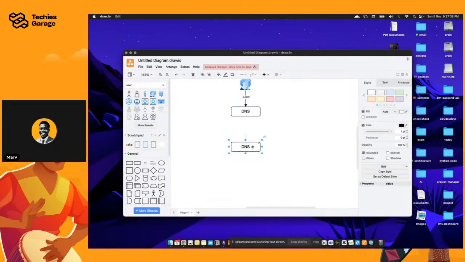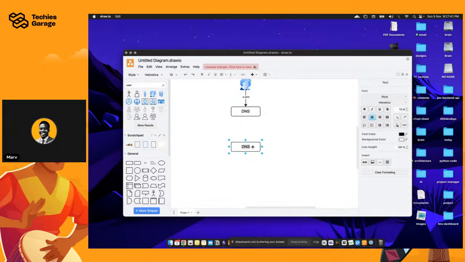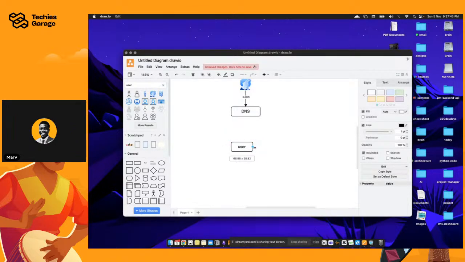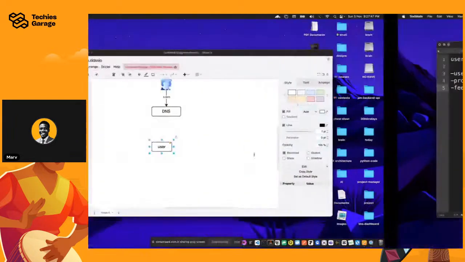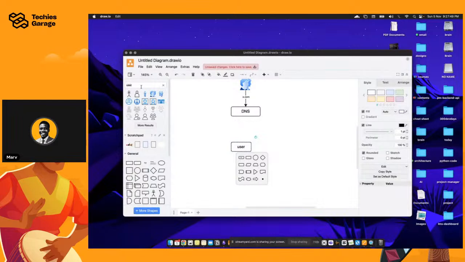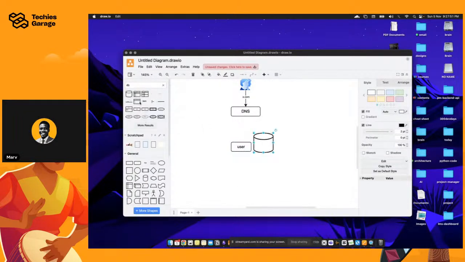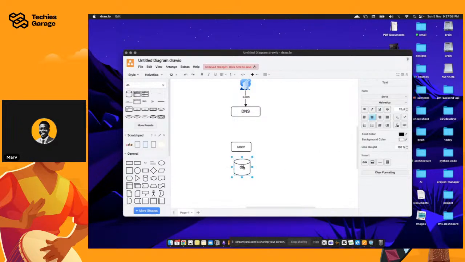Let's do it this way. Right now, we can choose to have our user service, which definitely has its own DB. So let's create that flow here: the user service that has its own database. Let's just call this DB.